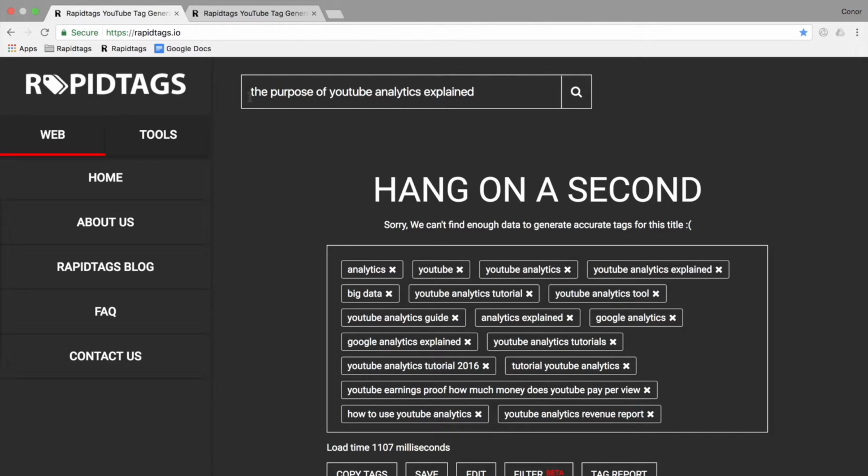For example, if you type in Minecraft Let's Play episode 1, there's going to be tens of thousands of those videos, but for the purpose of YouTube Analytics explained here, there's probably only going to be maybe 5 to 10 similar videos. The way we've halved it means we're still getting the most relevant data from it, but we're also getting less irrelevant data. This doesn't scale well down to 20 because we also go for a lot of tag processing, word processing, detection systems, word splitting. There's a lot of other features that we've got in here which make it so we still need a fair amount of data to rank tags and give them a good score.